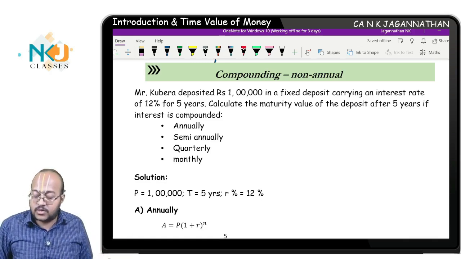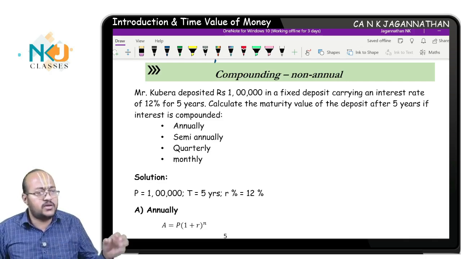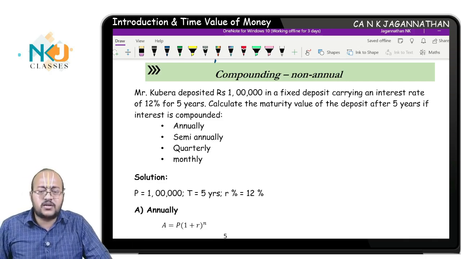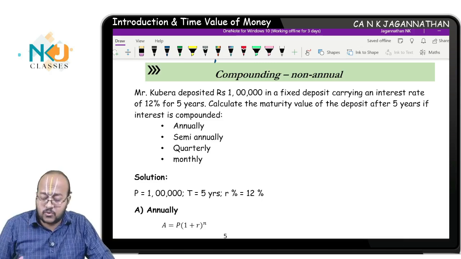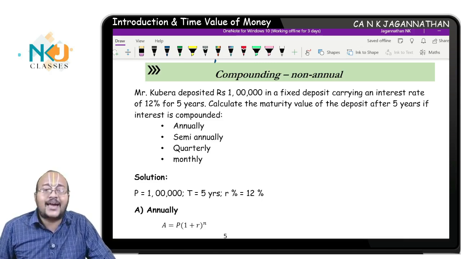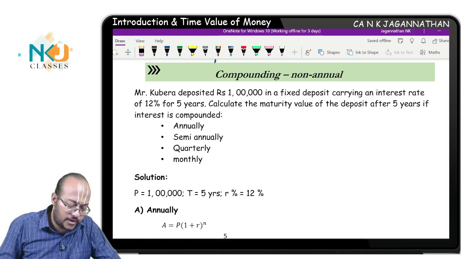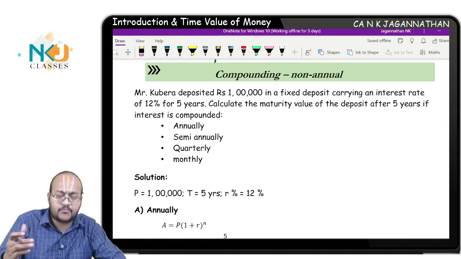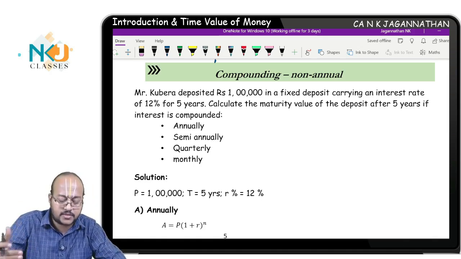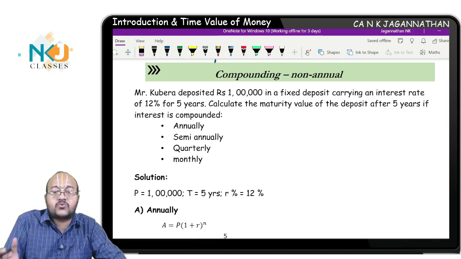We need to use the calculator. Even though in the examination nowadays the E value will be given in the question itself, we still need to know, if they have not given it, so you need to be very comfortable with calculating using the calculator. We'll understand how to find continuous compounding. But first, you need to understand how compounding works for varying time periods.